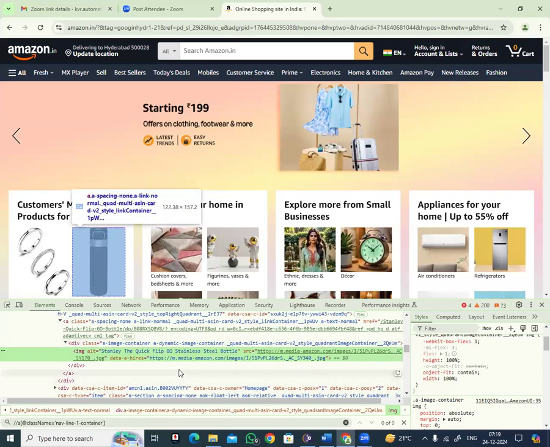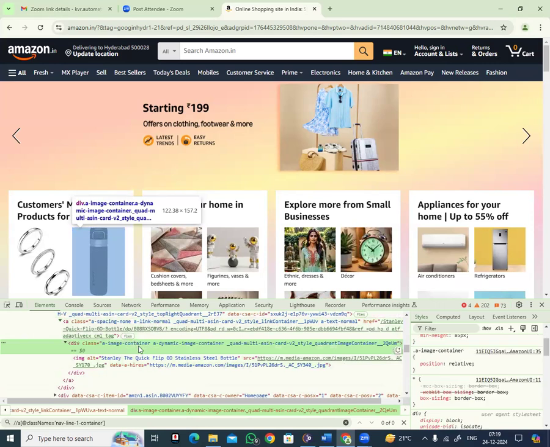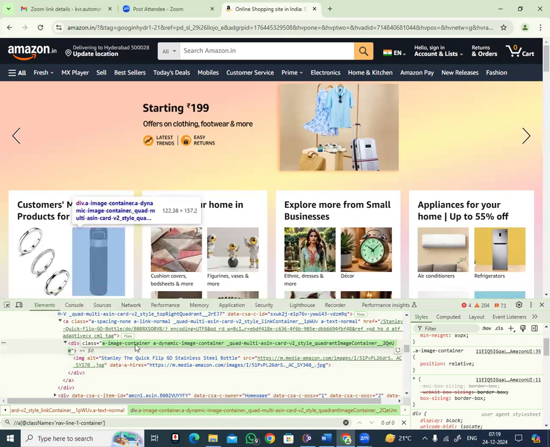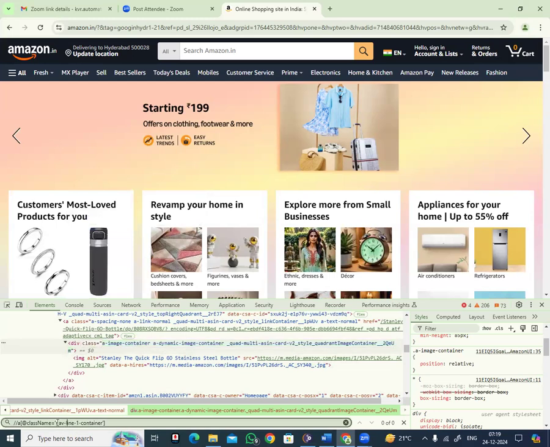This is a class name. To identify this product web element, the customer's most loved product for you, I just selected this product image. This is the DOM structure, the HTML source code. That means the class attribute value. So when I give this value,